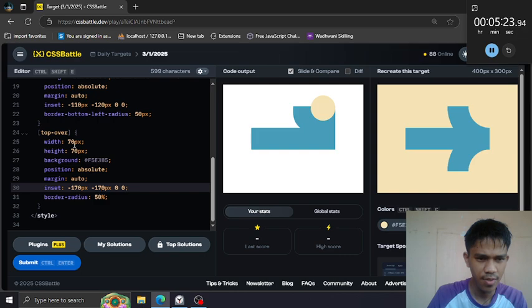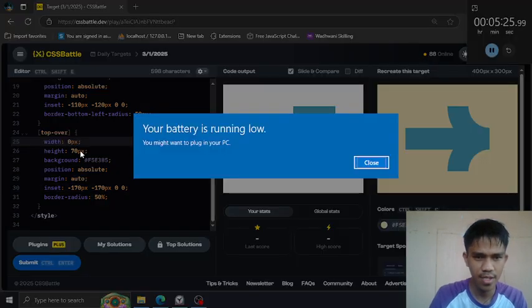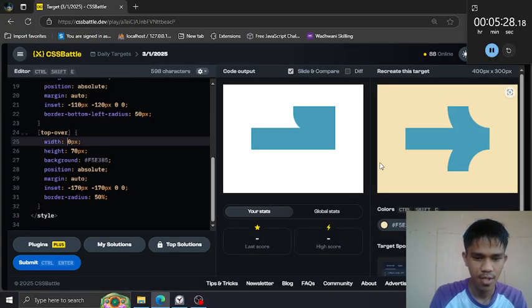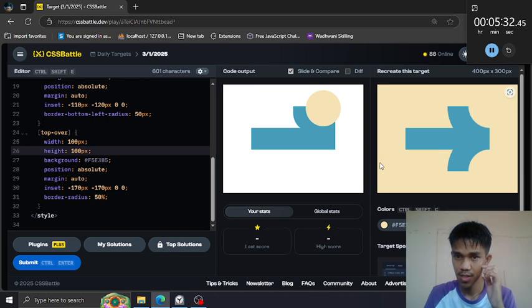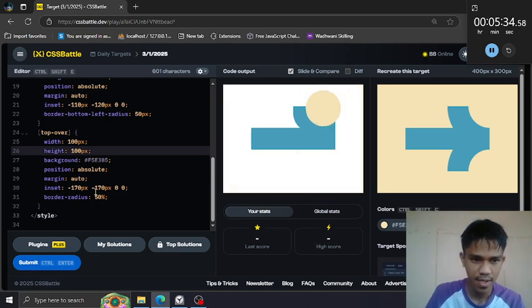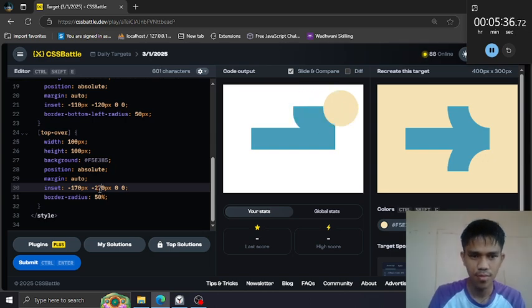Okay, from here we can increase the size. Oh no, 100. Move this to the right to 20.